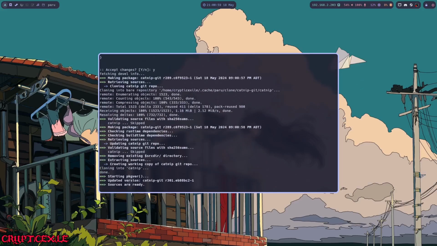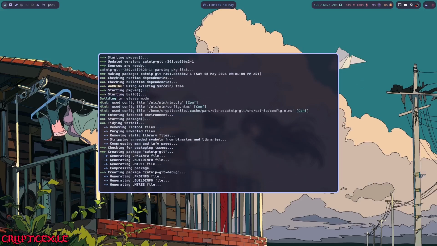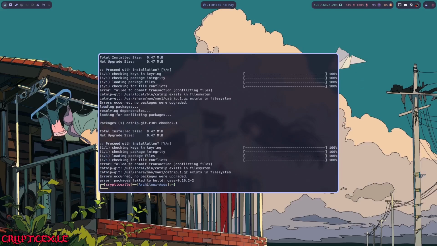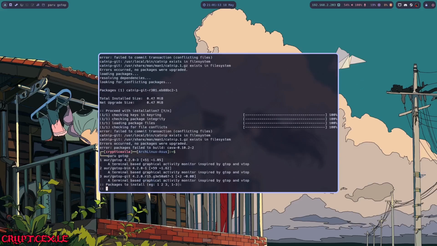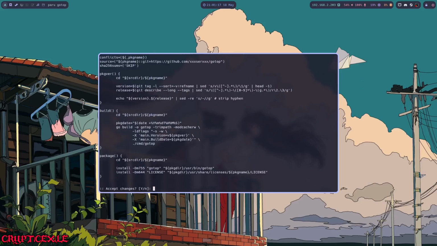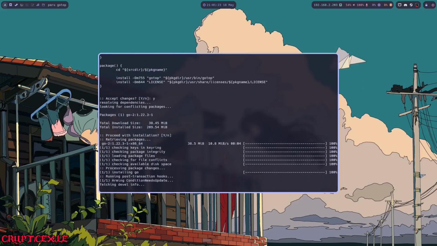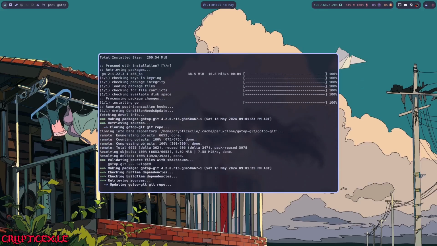So I believe I do have Paru here. Huh. Did not even install that, to be honest. So I do paru go top, which is a really cool little top program here. I'll show you guys. It's written in the Go language.